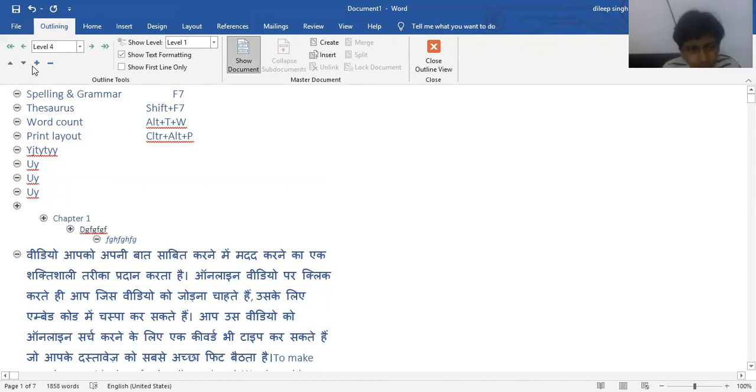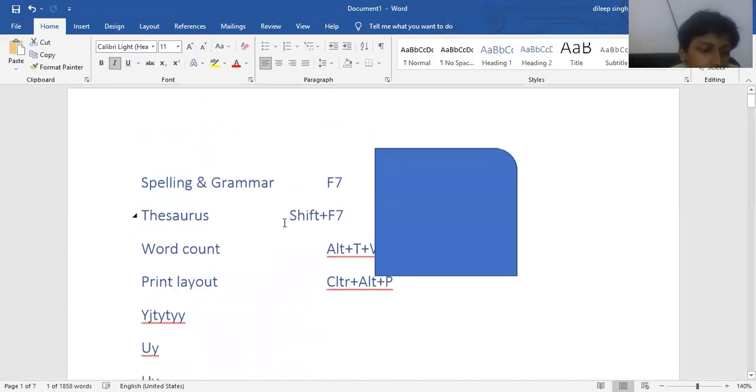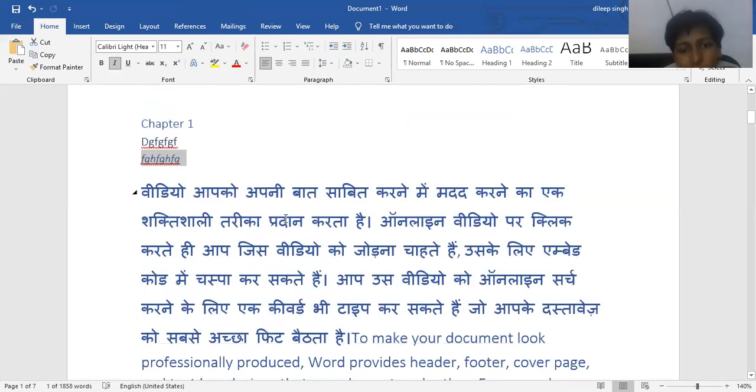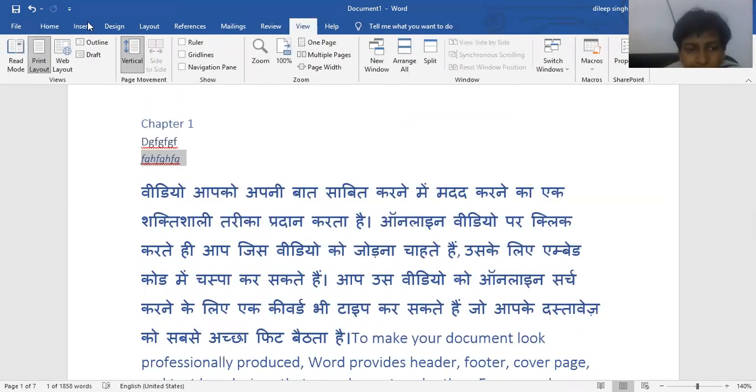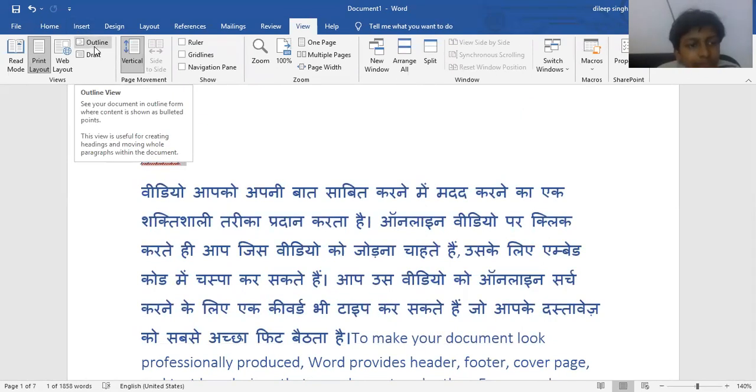If you want to increase the level, just click here. It will increase the level like this. You can move from one level to another level. Clear? This is the plus symbol or minus symbol. Yes, sir. Clear? So here it is all about which option? That is the outline view. In this outline view, you can easily handle the text, nothing else. Generally, we don't use this outline view because this view is only used for PowerPoint, not for this documentation work.